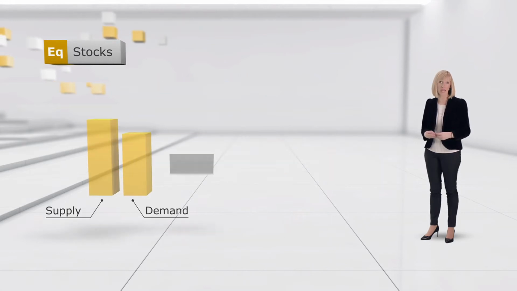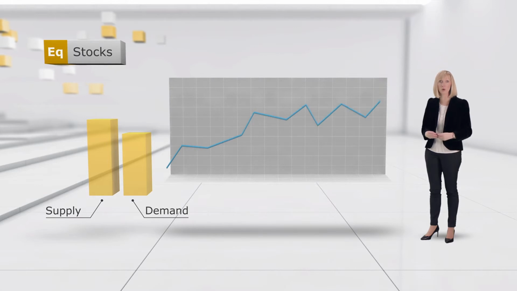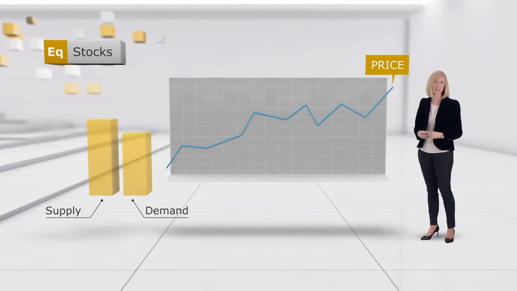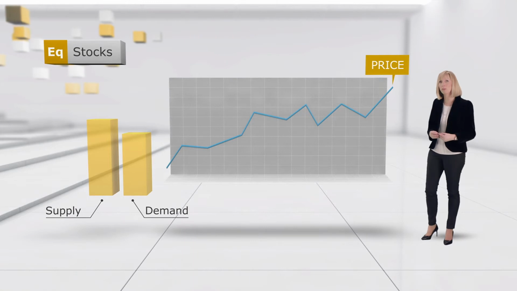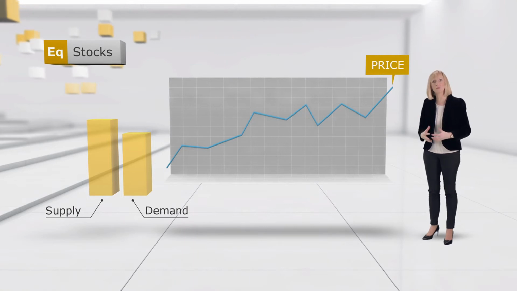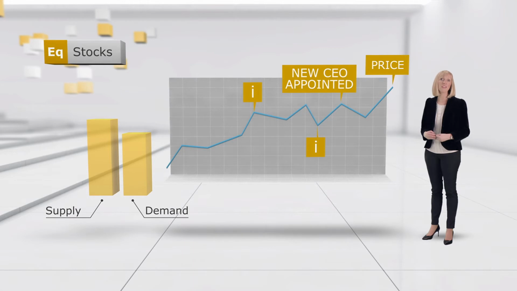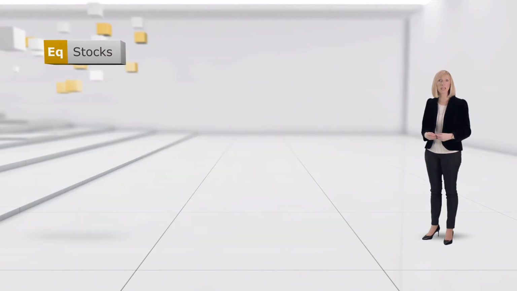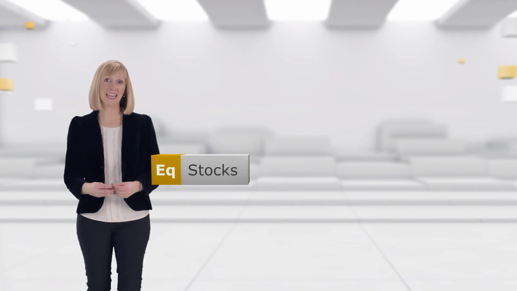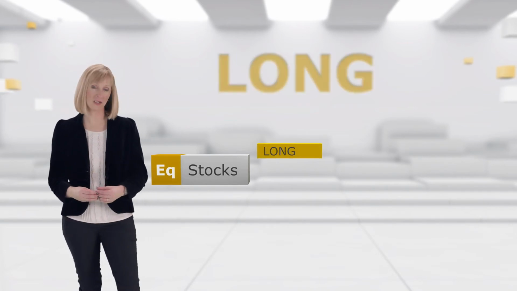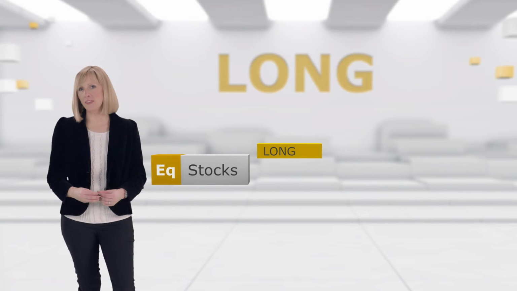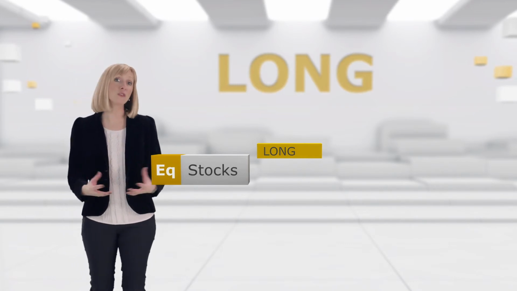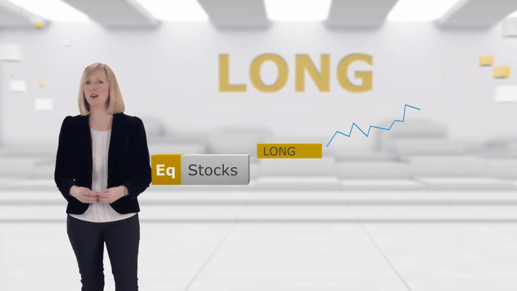Underlying assumptions and expectations relating to stocks are constantly changing. So when market participants are presented with new or additional information about a company, this leads to fluctuations in the supply and demand for stocks, and therefore fluctuations in the price of the stock. The most common trade in cash stocks is a long position, meaning that you buy stocks in the anticipation that the price of the stocks will increase in the future.